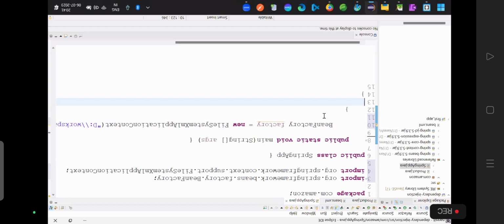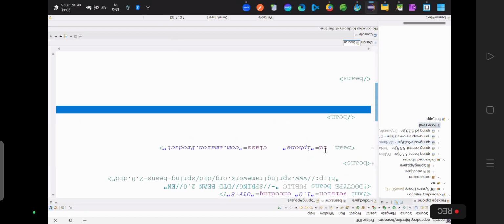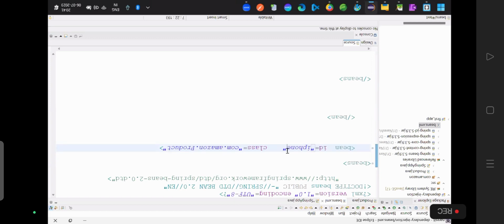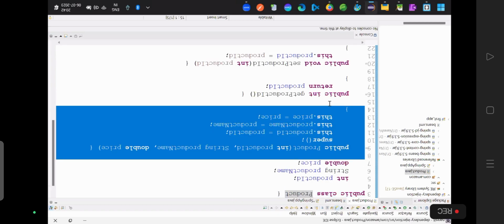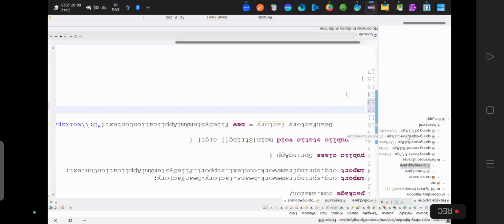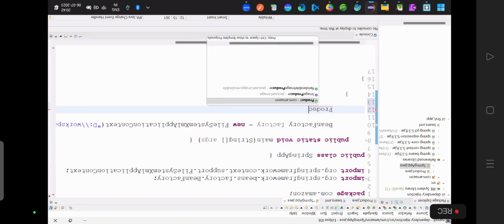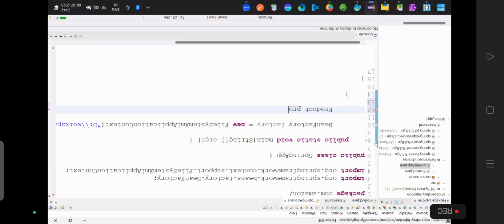Okay, so now you configured a bean called product with bean ID iPhone. When you go to the product class, you have only a 3 parameterized constructor, you don't have any default constructor. So try to get the object created by the Spring framework. So what is the object? Product object you want, P1 equal to factory dot